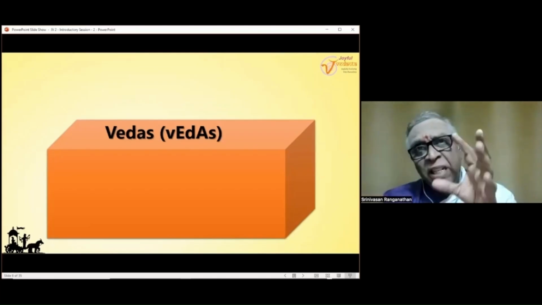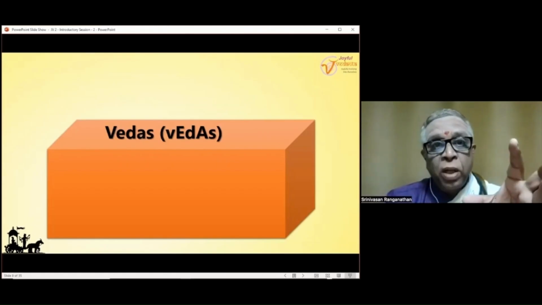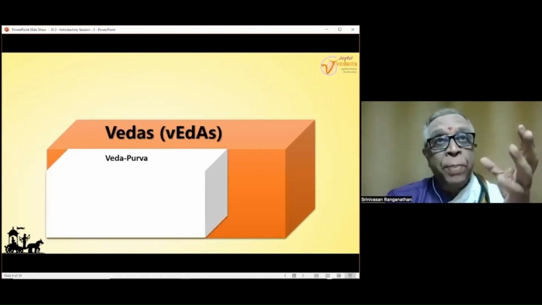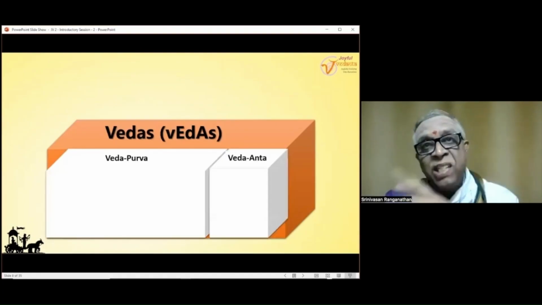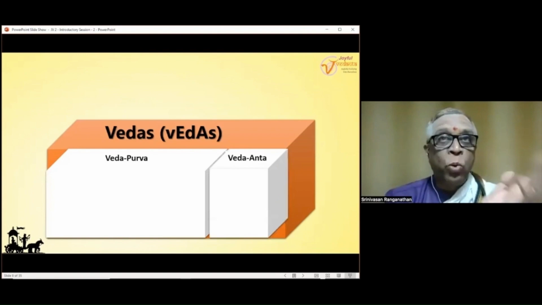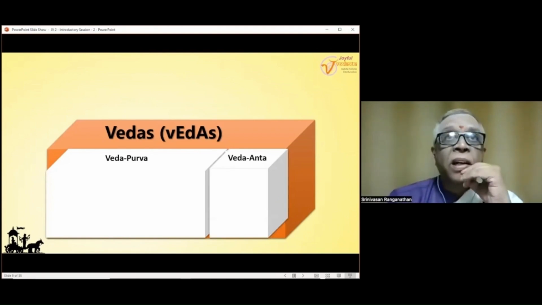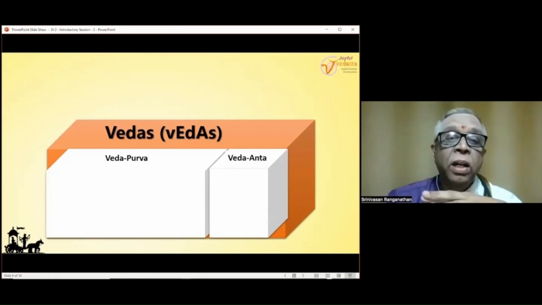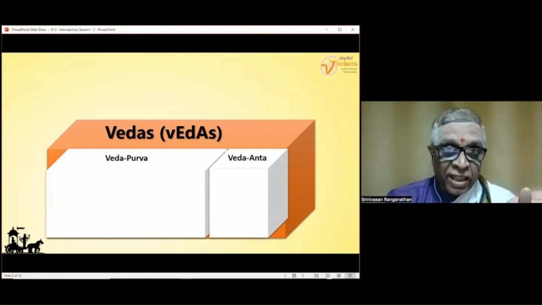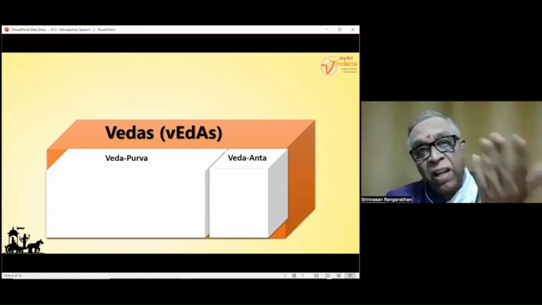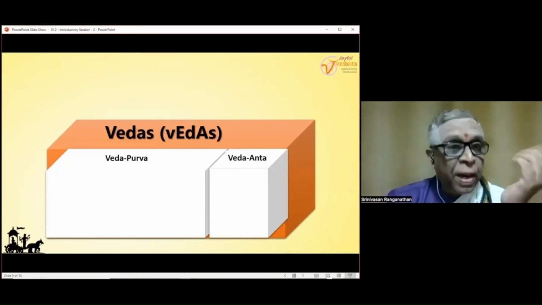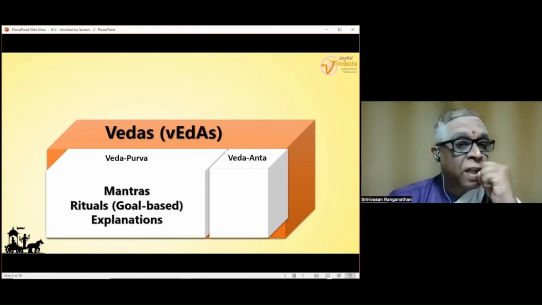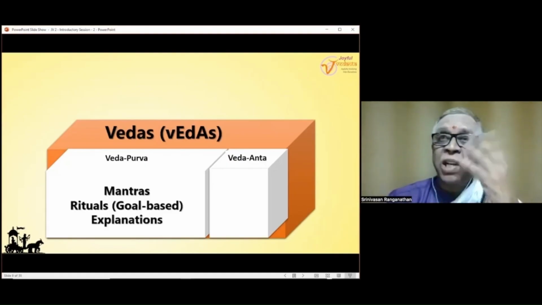entire Vedas, all the 4 Vedas put together as a group. There is a first part which is called Veda Purva. Purva means beginning. Anta means the end. So there is a Veda Purva, there is a Veda Anta, and when you expand it together, Veda Anta becomes Vedanta. All right. So the first part of the 4 Vedas, every Veda has got a Veda Purva and a Veda Anta. The first part of the Veda Purva contains various mantras, various rituals to be done, which are goal-based,